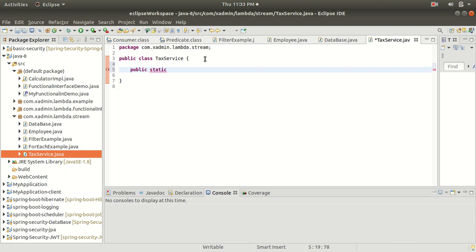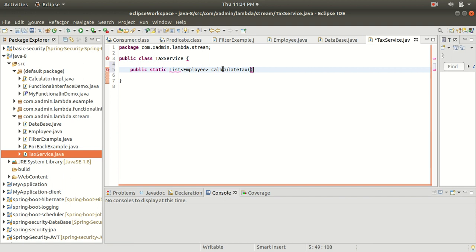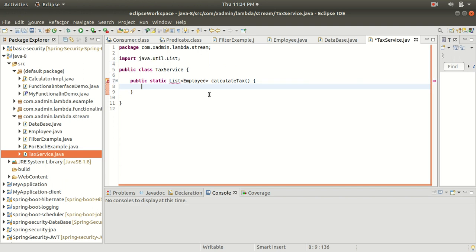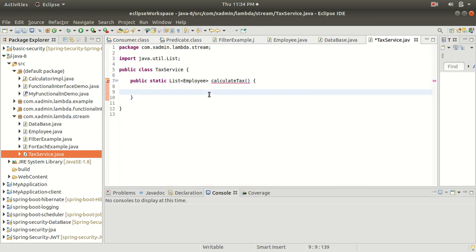Public static List<Employee>. So the method name I am going to keep as calculateTax. So let's add this List from the util package, and now guys, inside this method I am going to write logic to filter the data of the employees who have a salary greater than 5 lakhs or less than 5 lakhs.